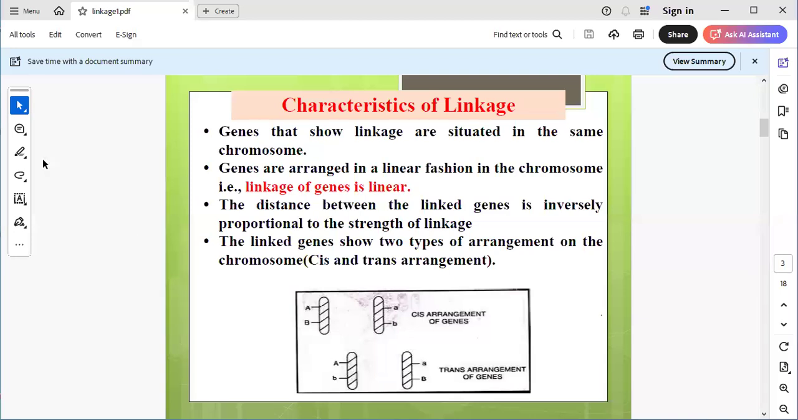So we can write one formula here. What is that? Strength of linkage is inversely proportional to